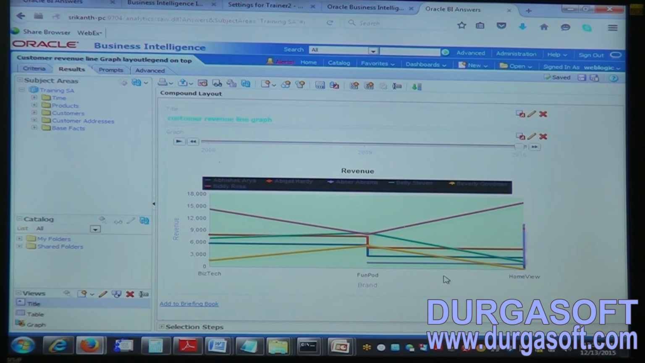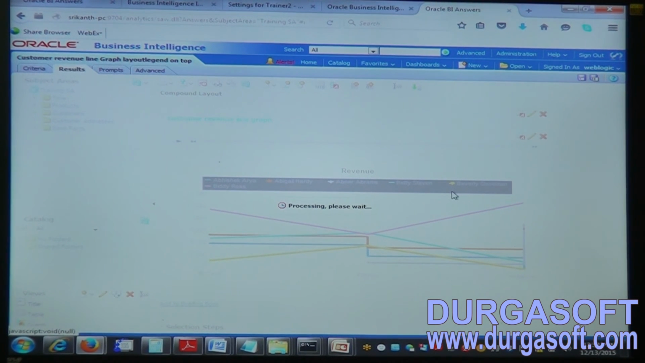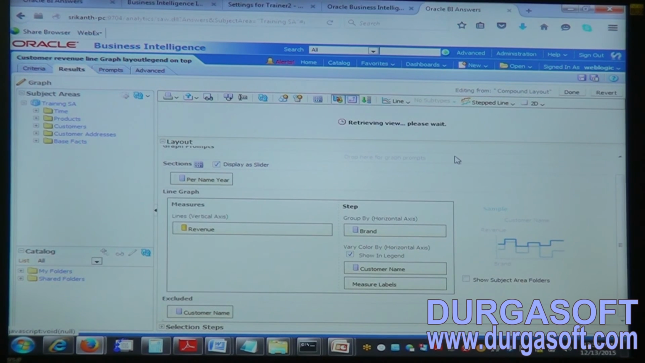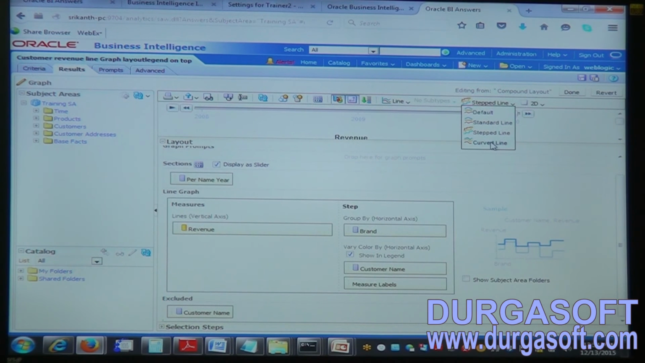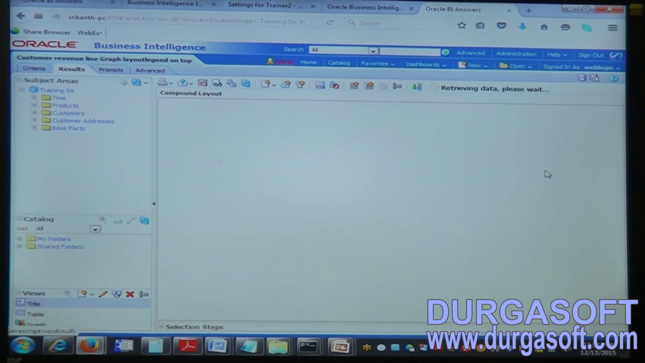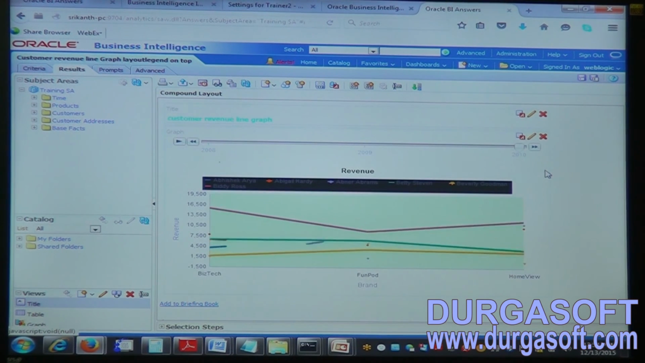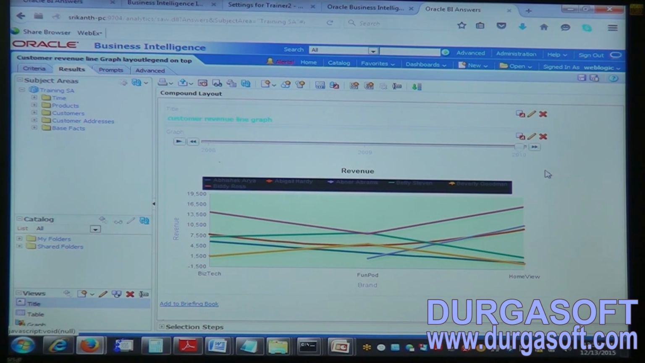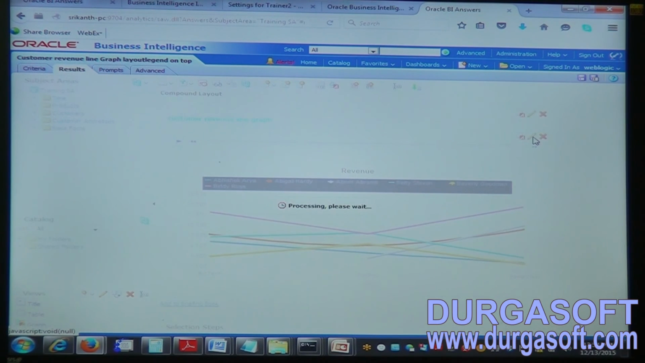Once it is displayed, now the customer requirement changes. He wants this graph analysis to be done in such a way. In the same layout, he wants to change the step line to a curved line. Let's see how the analysis looks. This is the curved line graph,